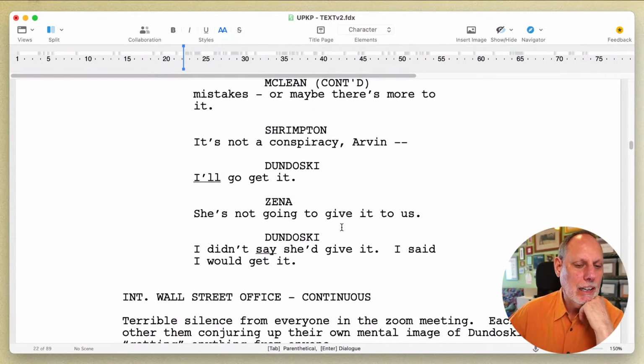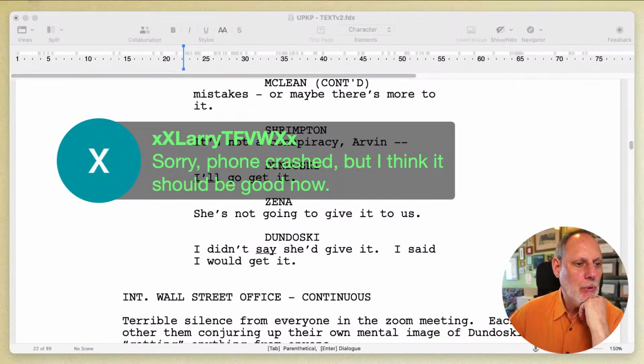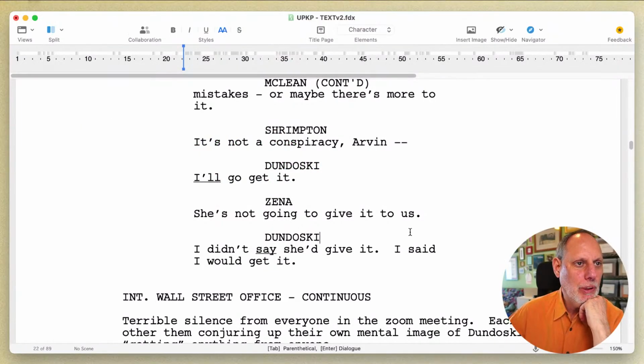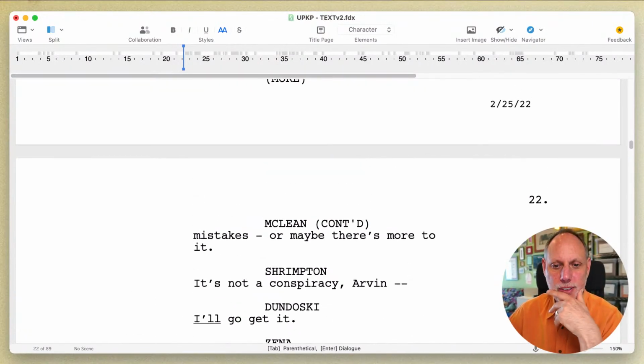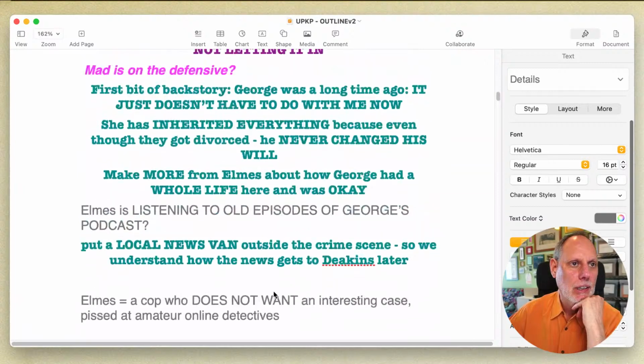Okay, eventually that's not going to be McLean. Good to know, Larry. Welcome back. Glad you are with us still. We have cut a page. That's not bad. Okay, wait a second. What was... I know that I've got... Sorry about that. Here in the outline...